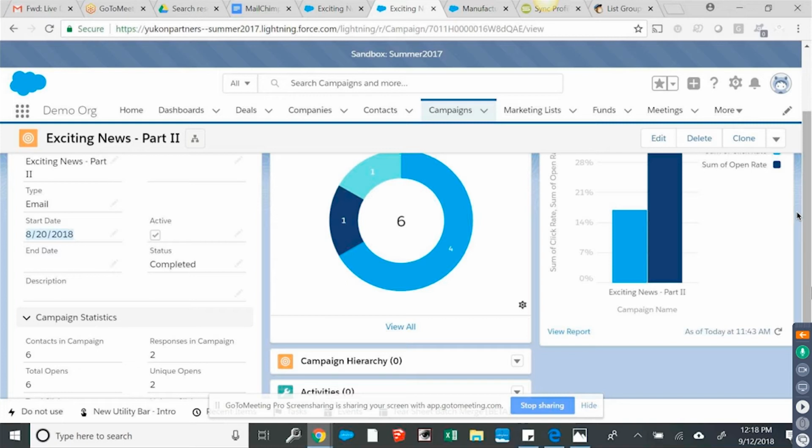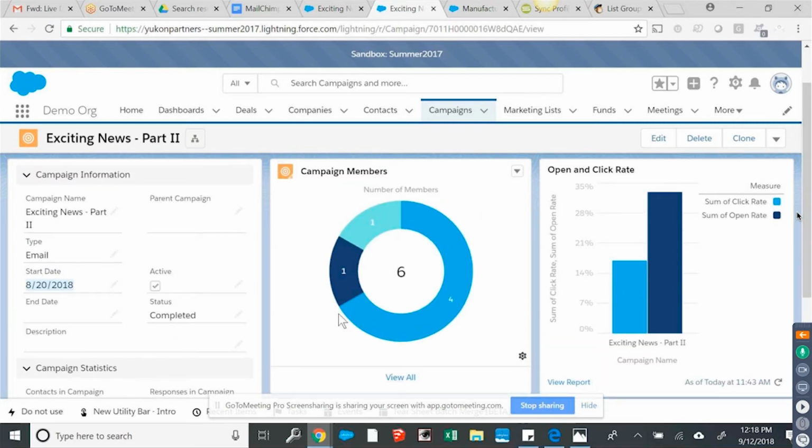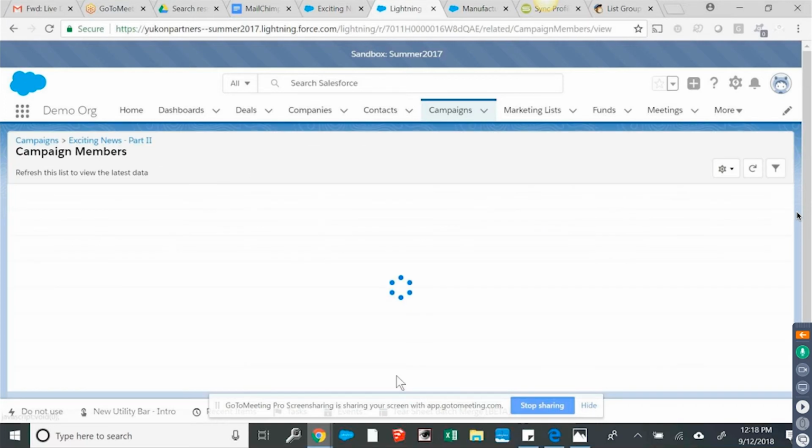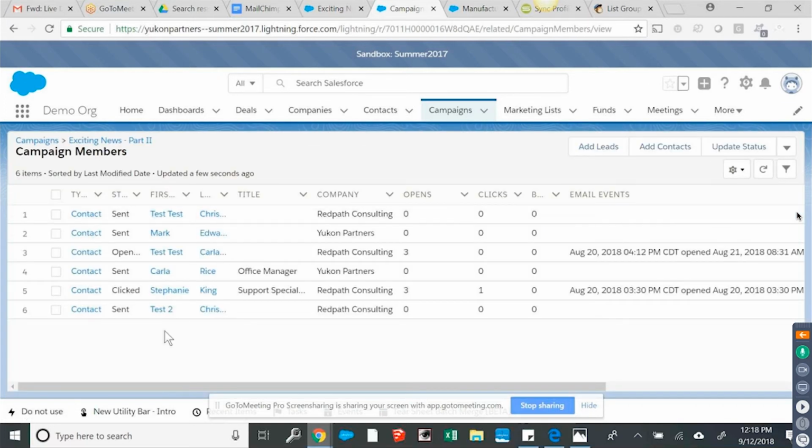Everyone I sent will become a campaign member. This is in Salesforce Lightning. It gives you this cool little pie chart, but we might want to actually see the people. So these 6 people are the same 6 people that are in that test list over in Mailchimp, right? So they all get a record in here. And let's just look at my